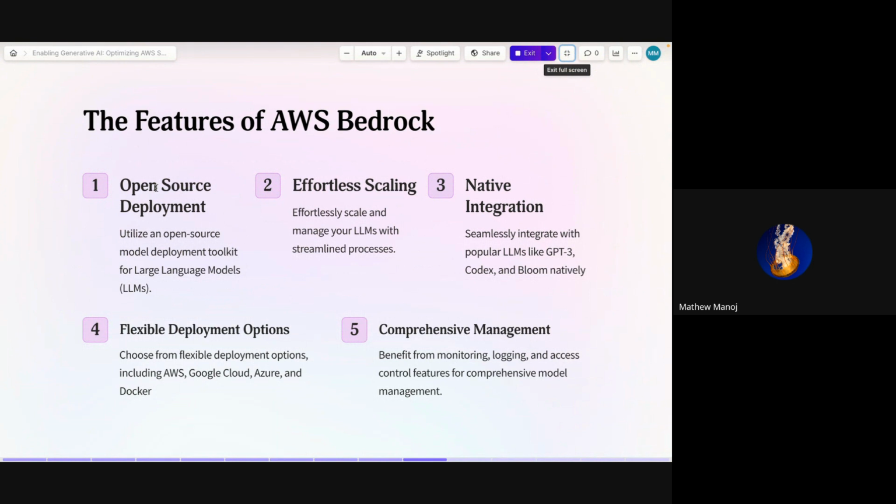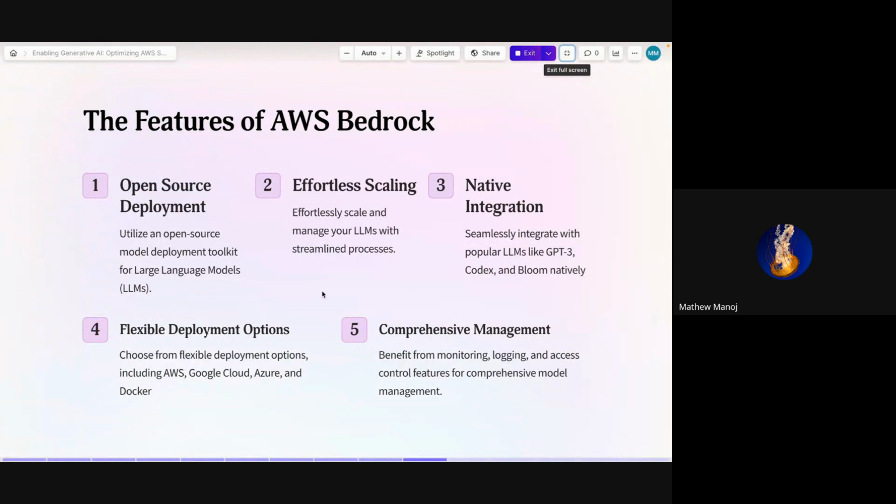You only have to pay for the amount of prompts you provide, and as mentioned before, scale. AWS takes care of the scaling for you, so that you don't have to worry about it, and you can make whatever projects or products you want, using the latest LLMs.